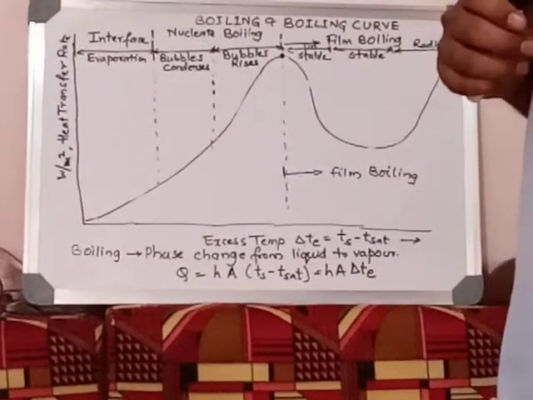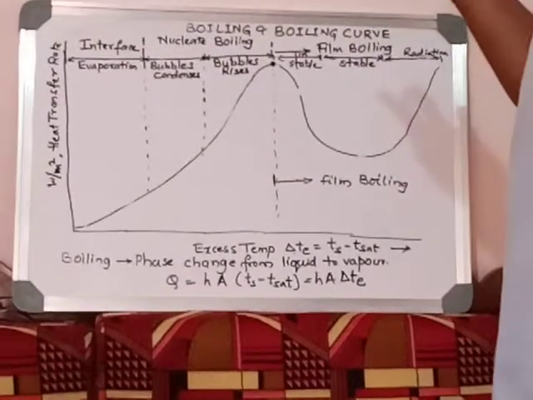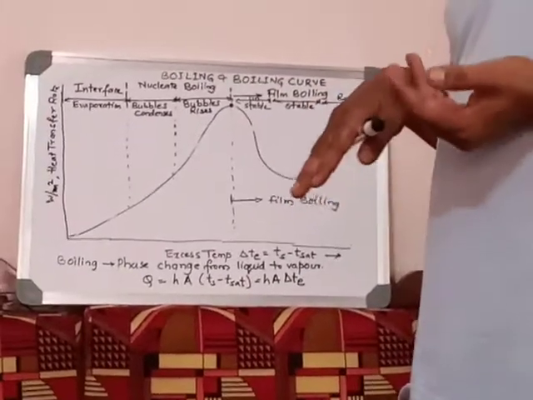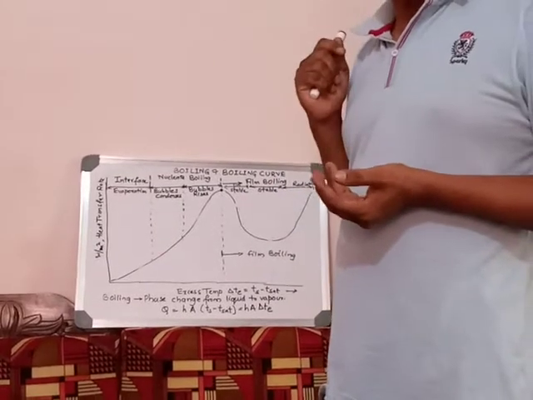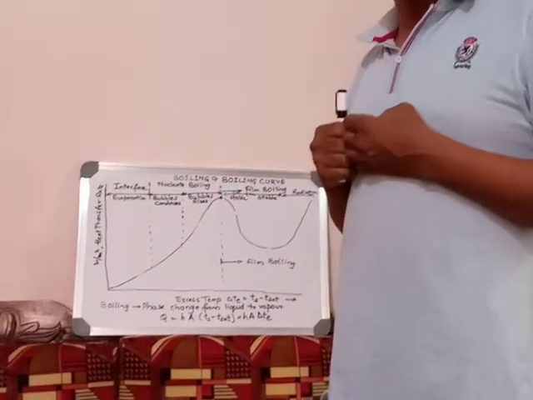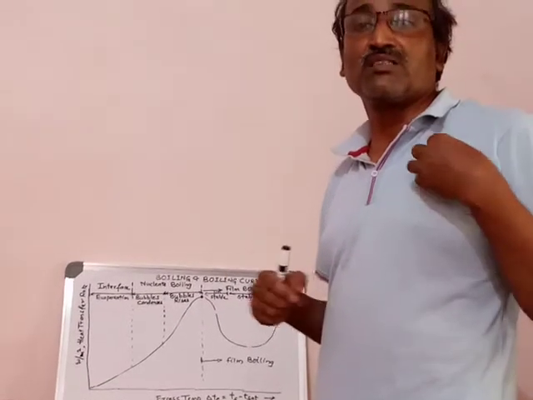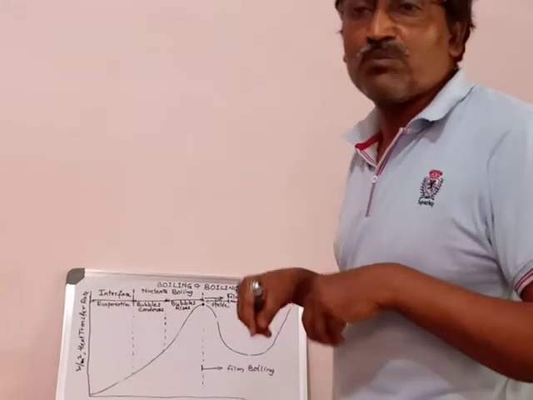Here it is opposite to condensation. In condensation, what are we doing? Vapors are converted into liquid, so we have to provide a surface, which we have seen earlier. Here we are converting liquid into vapor. So what type of wire are we using? That is called nichrome wire. We just take one nichrome wire, immerse it in the water, and pass the current.